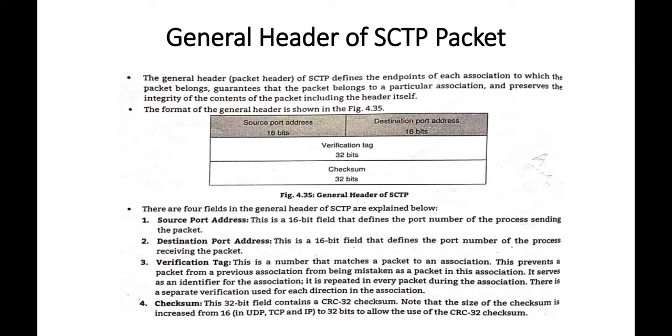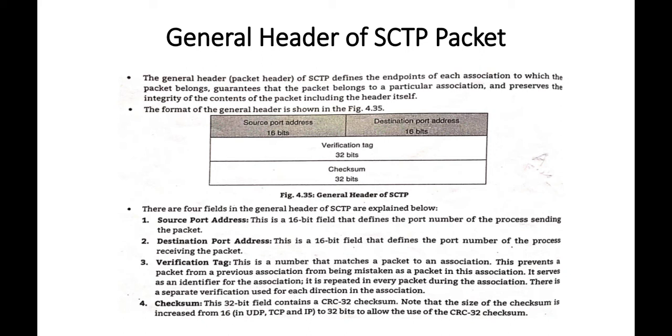Okay, and it preserves the integrity of the contents of the packet, including the header, and it maintains the identity of the particular packet. This is the correct packet, this is not a fraud packet, this is the original packet. The packet I want to transfer belongs to the receiver. It maintains integrity just like authentication for security purposes. So this also gives the surety here.